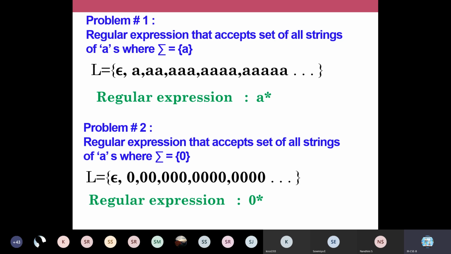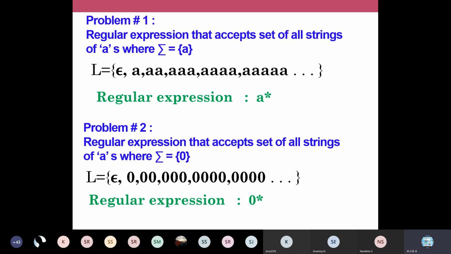Think once again. Occurrence means, if it is star and there are 0 occurrences, this A will not occur at all. At that point, we can say that it is the string epsilon. If I write 1 in place of star, in place of star we are going to write the number of occurrences, so I can write A power 0 or A power 1. Your A star defines the union of all these: string length 0, string length 1, string length 2, string length 3, everything we are going to take a union of.